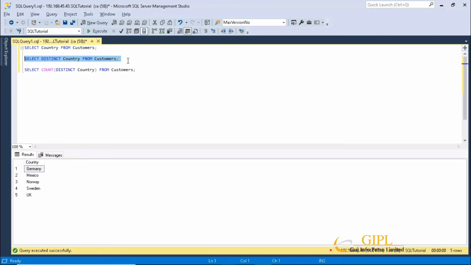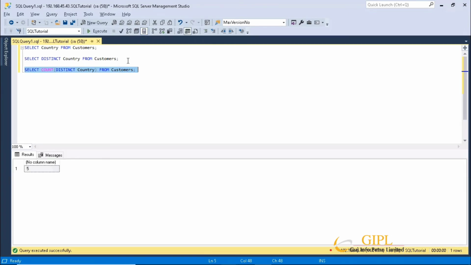Now again, let's use some other example. The following SQL statement lists the number of different distinct customer countries. For that, we shall write select count distinct country from customers. Please have a look over the starting and the ending brackets and please be very careful while using them.